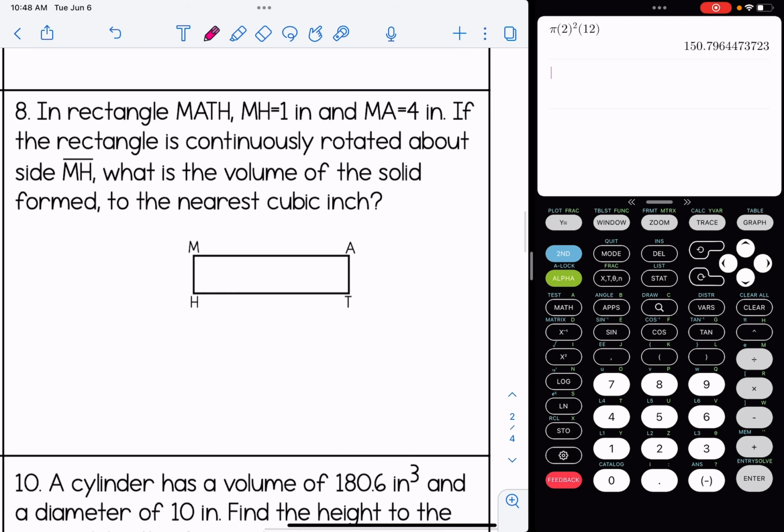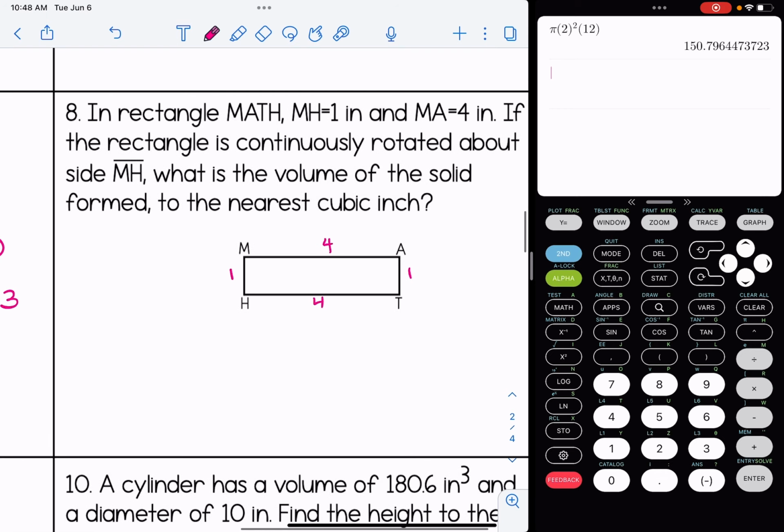Number 8, in rectangle MATH, MH is 1 inch. So I'm just going to label that in my picture. MA is 4. And we know that's a rectangle, by the way, so I'm just going to label the opposite sides too. If the rectangle is continuously rotated about side MH, what is the volume of the solid formed to the nearest cubic inch? When we are rotating a 2D shape, which is the rectangle here, we're going to get